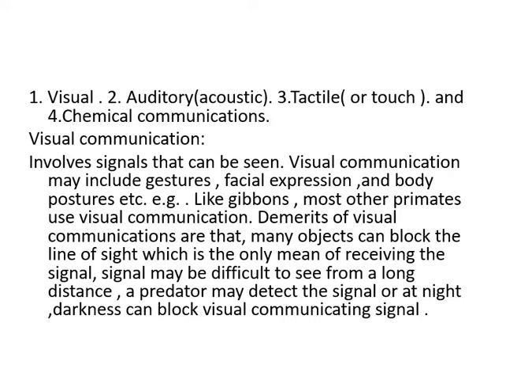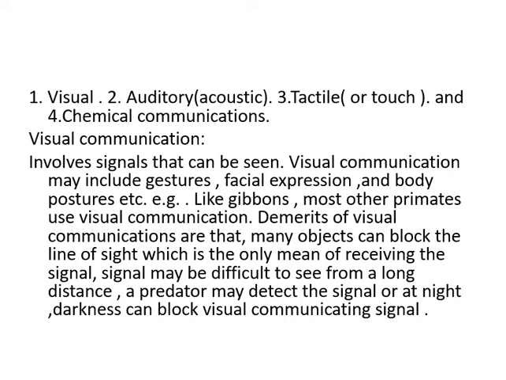All animals use a variety of modifications for communication, such as, number 1, visual communications, number 2, auditory or acoustic communications, number 3, tactile or touch communications, and number 4, chemical communications. First we see all these types of communications and describe one by one. First, visual communications. Visual communication involves signals that can be seen. Visual communications may include gestures, that is beckoning, or just different types of gestures, facial expression and body posture,